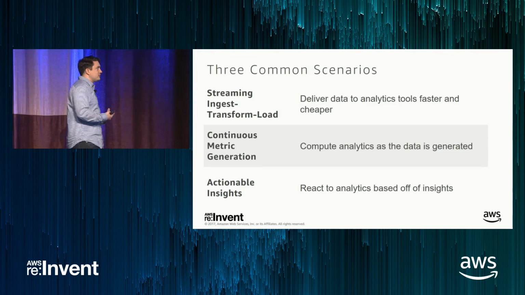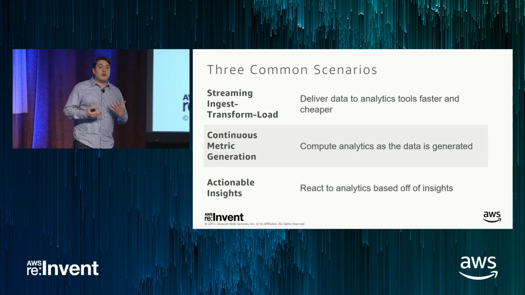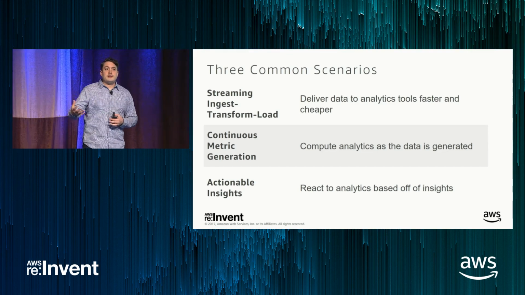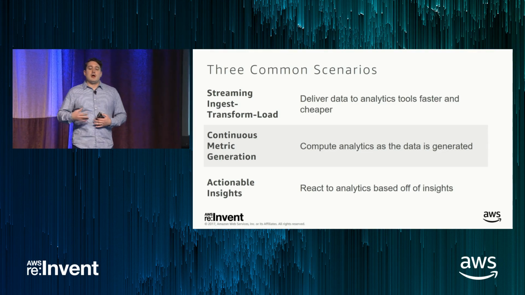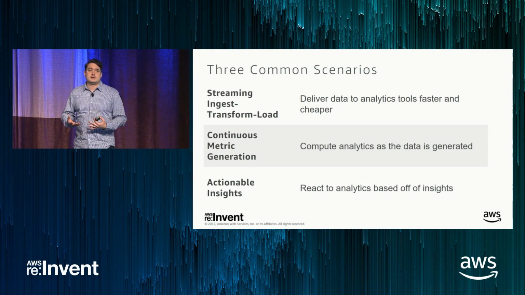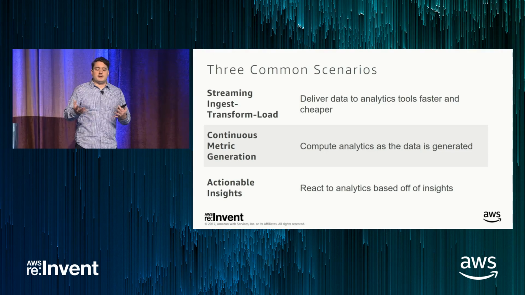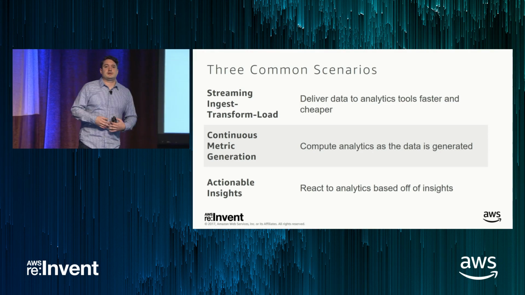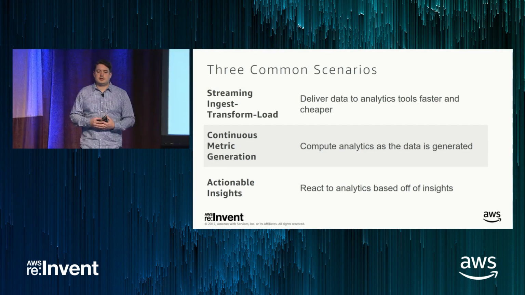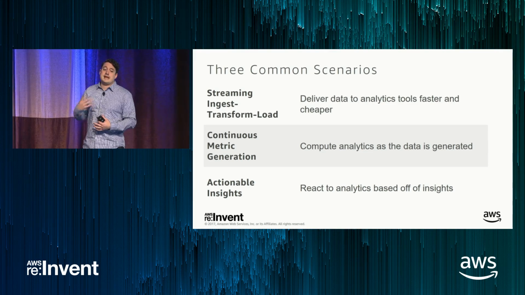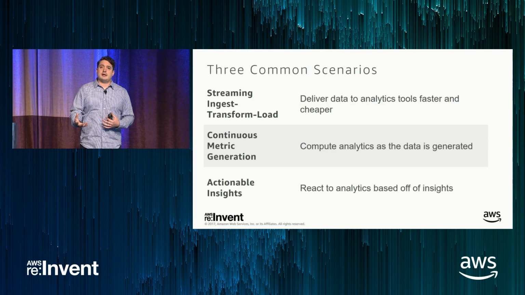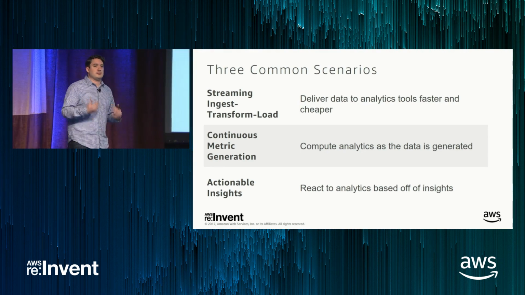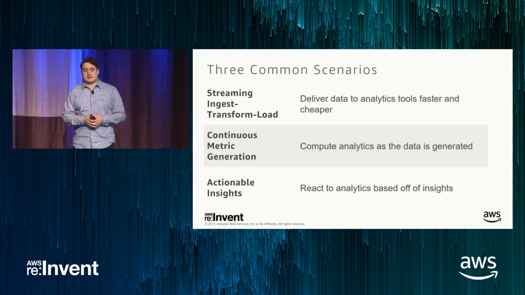The next is continuous metric generation. It probably represents about 30–40%. This is getting some insight on the raw stream prior to either delivery or reacting to it. So very common use cases are leaderboards. So I calculate the number of points per user, do a group rank, and then present that back to the users. Another very common use case is to compute a metric and then do data enrichment on that metric to provide some context, and then pass that event back to users. But the point is that you're continuously doing your metric generation versus doing it in batch previously.